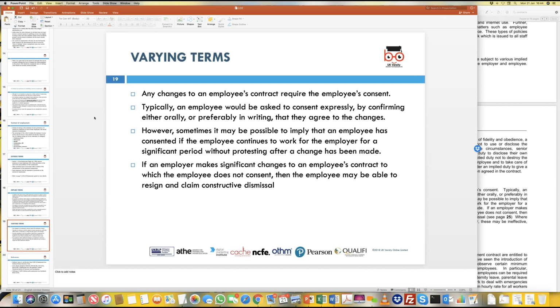Now, this is a varying term because this is not something going to be permanent in the clause or in the contract, but this is going to be a stopgap arrangement wherein both the employer and the employee agree to paying and also putting in extra hours to be able to do the work which is required to be done under mutual agreement. Now, in some cases, these varying terms, as you mentioned, are not agreed on or have not been explicitly agreed on by the employer and the employee.